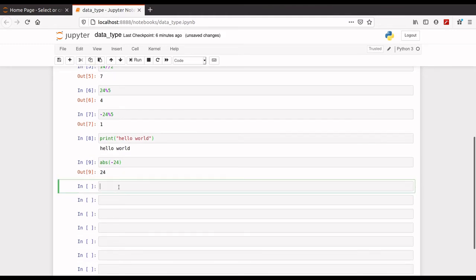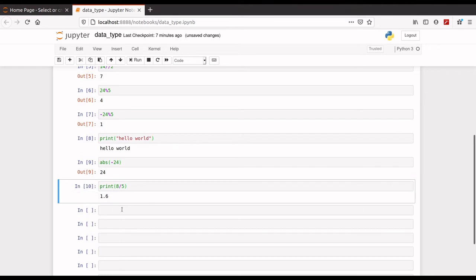So now let's come to another part, that is round function. Round function will just round the rational number or any real number up to some digit of the decimal places. Let's see, 8 by 5. First let's print 8 by 5. Yeah, it is 1.6.